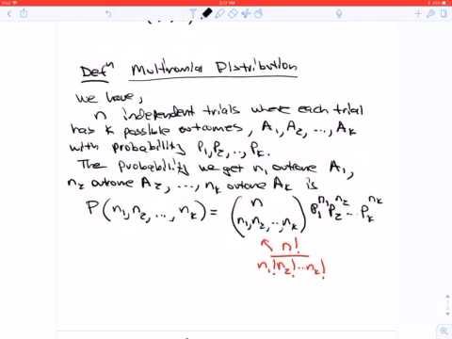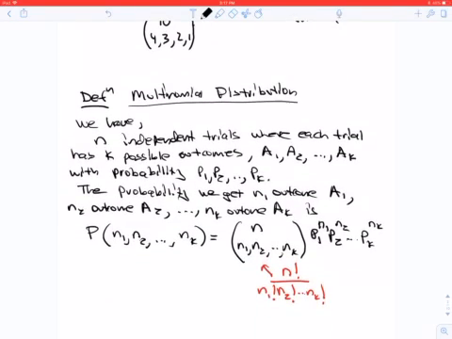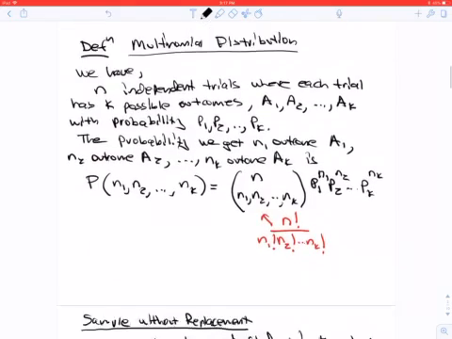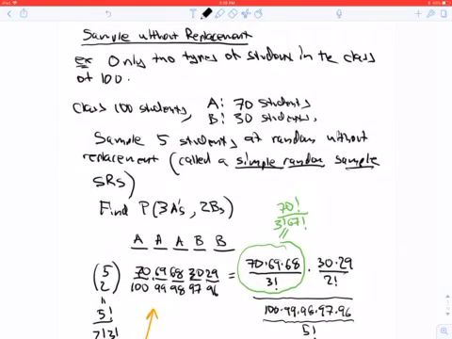Now, the multinomial distribution is a generalization of the binomial distribution. Here, what we have is 4 possible outcomes, each with its associated probability. So the probability that you have N1 of the first possible outcome and N2 of the second, and so on, we have a formula here that follows analogously to the binomial formula. Now, when we sample without replacement,